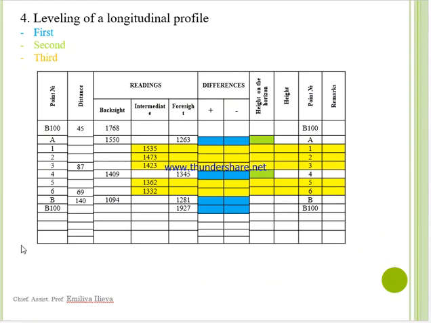And here you have the results of field measurements that have been made for this example that we have been discussing today. Here we have the point numbers, the distances that we have measured, the backsight and the foresight readings, and the intermediate readings. So to calculate the heights of all these elevations, firstly, we're going to calculate the loop leveling line that we have measured,